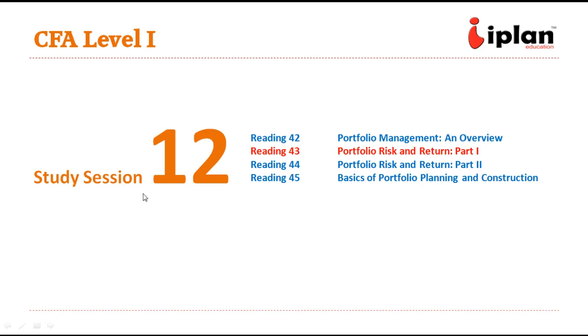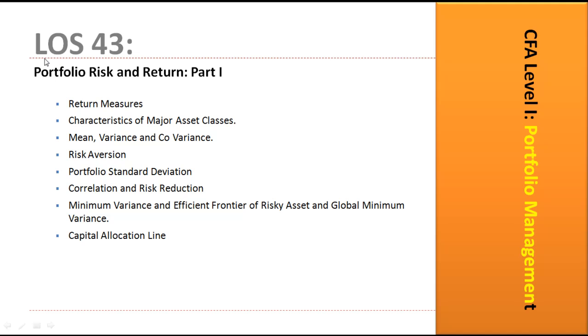Now let us move to reading 43 of portfolio management, portfolio risk and return. Here we'll look at various measures of return, the characteristics of major asset classes, the concepts of mean, variance and covariance, which will be forming the mathematical basis of portfolio management. Then we'll look at the risk aversion,